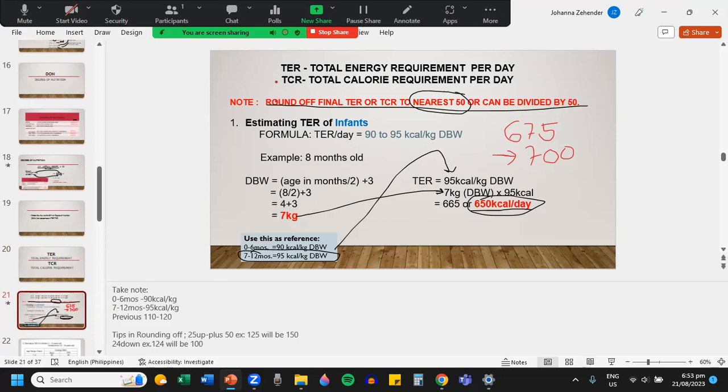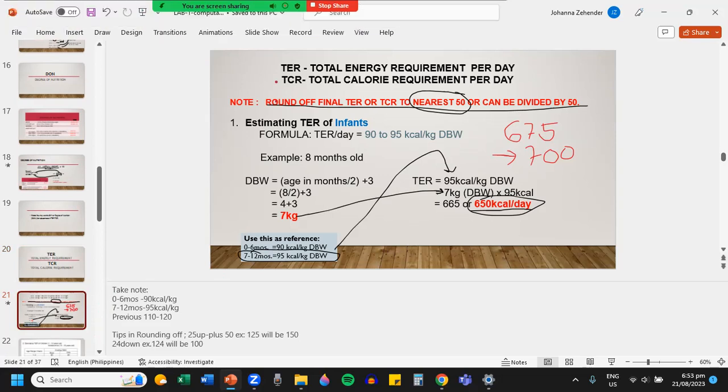We have to round off the final TER or TCR to the nearest 50, or a number that can be divided by 50. So we have different methods of computing for TER. We start with computing for the TER of infants. So the formula for computing the TER of infants is